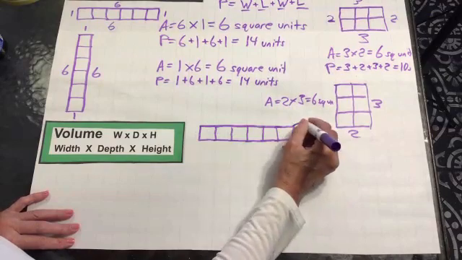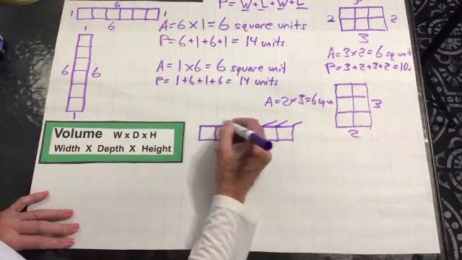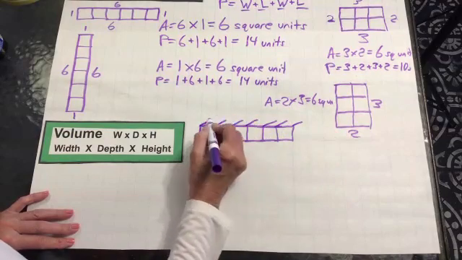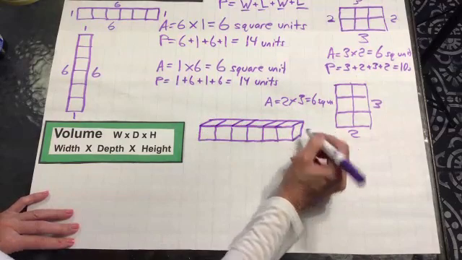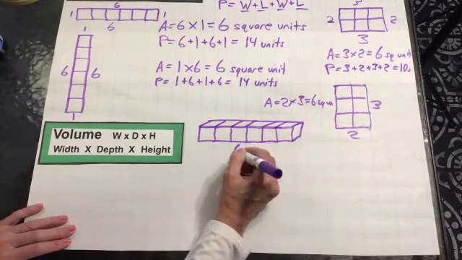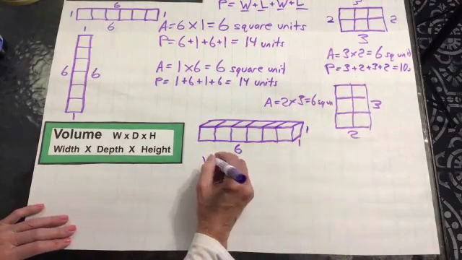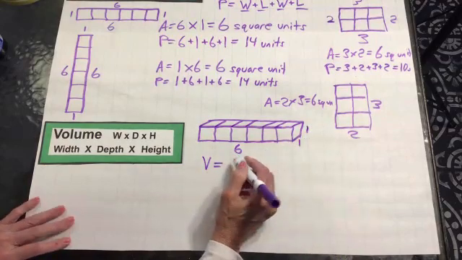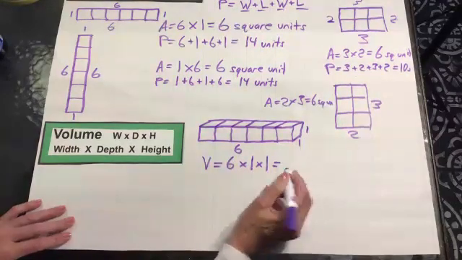And again, we're doing those diagonals off the back here to create our cubes. So this would be a 6 by 1 by 1. So volume on this equals 6 times 1 times 1 equals